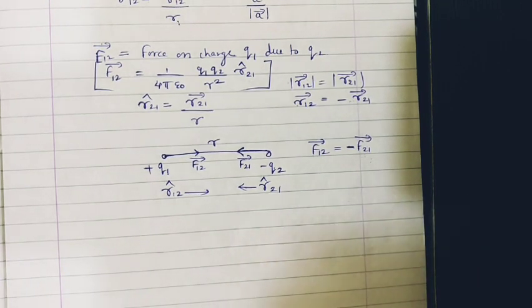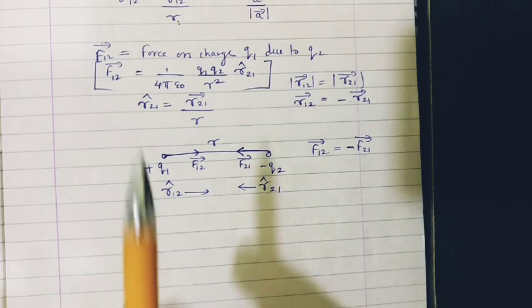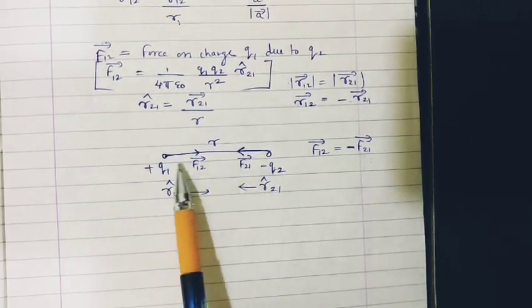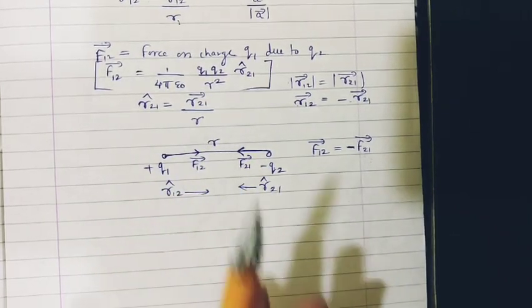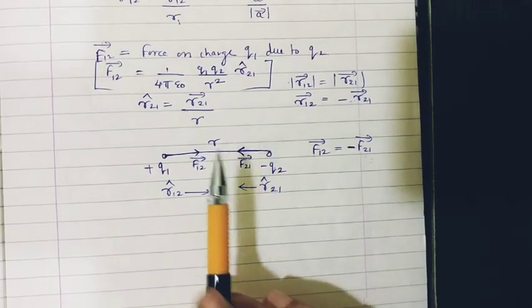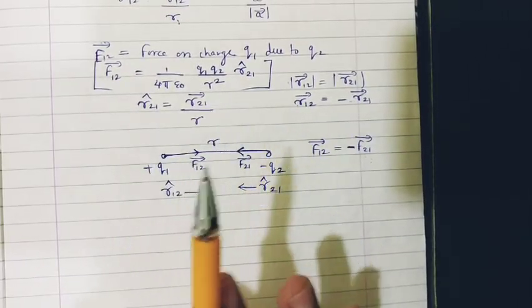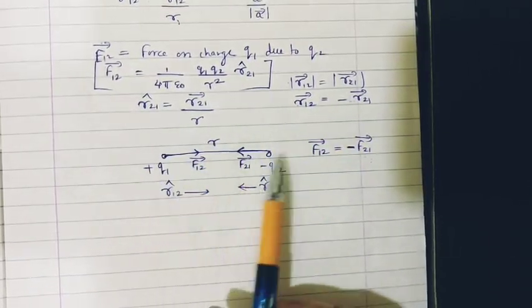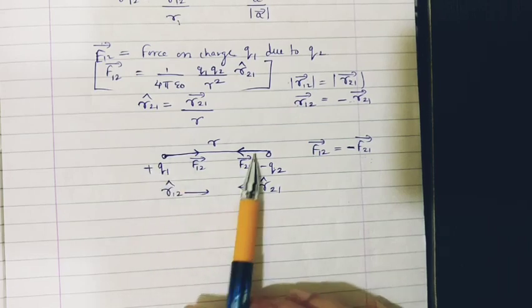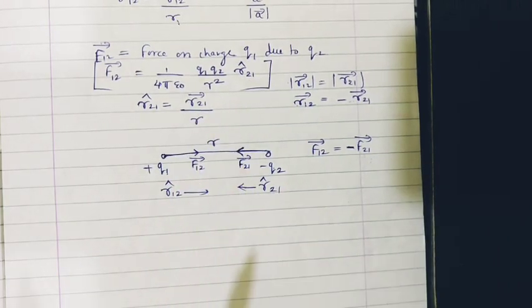Another thing you have to remember here is this law is only valid when the point charges are at rest with respect to each other. Once these charges start moving, you directly enter into electrodynamics. So this law won't be valid any longer if this charge starts moving. Whenever it is stationary, this law will be valid.